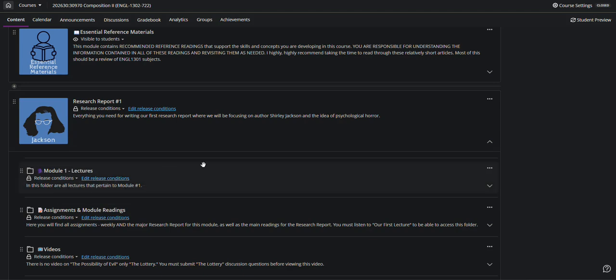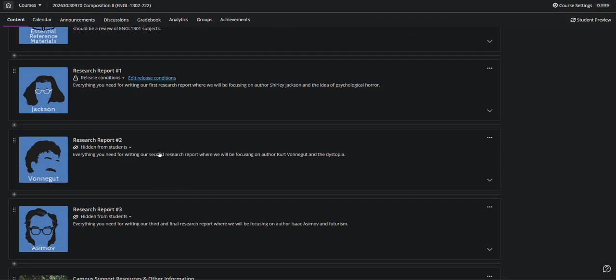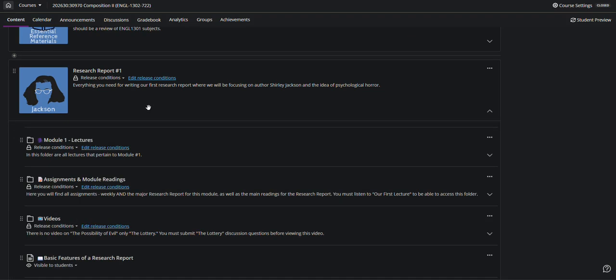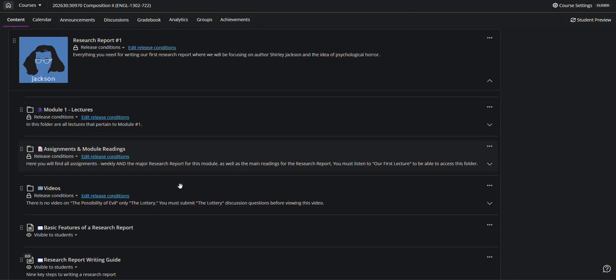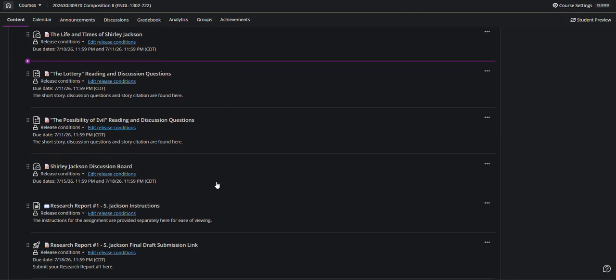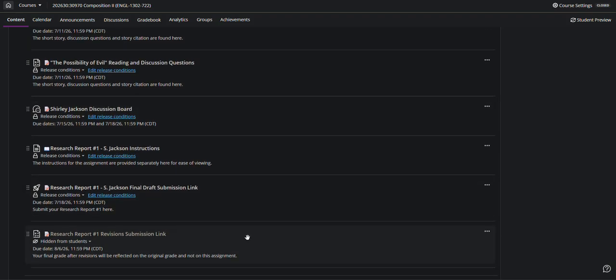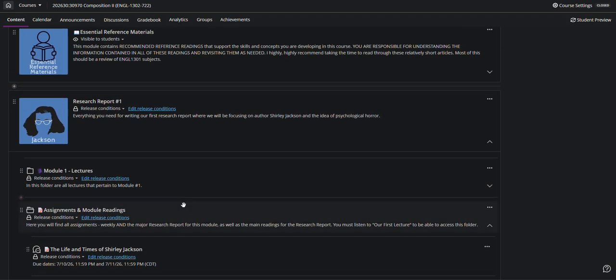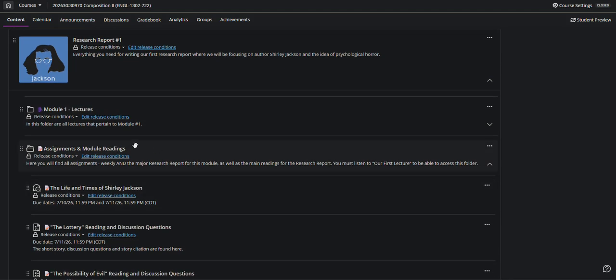So our course is set up with these different modules. We have 3 different modules, and you'll be able to see them as the course progresses. Each module will have the lectures on top, followed by the assignments and the readings for that module. And there are a lot of assignments on the very first module because we're front loading the course there, but it will calm down on the second and third one a little bit.